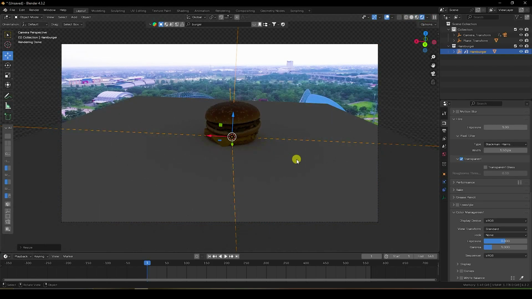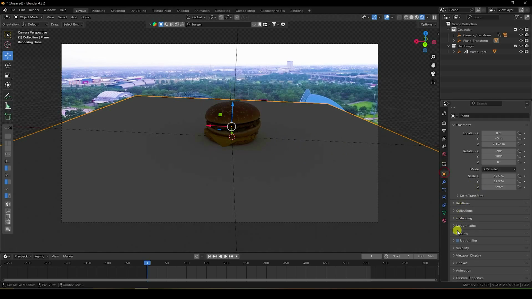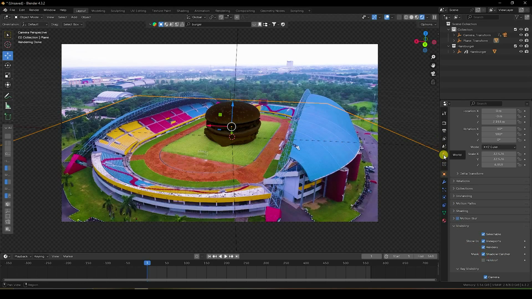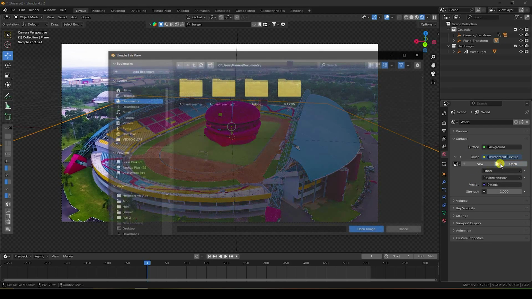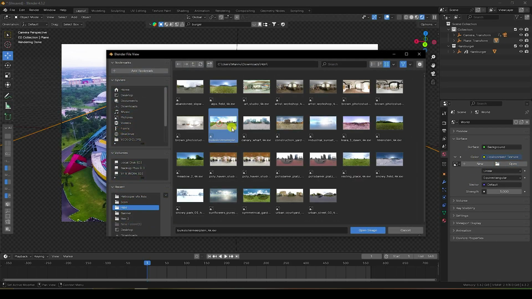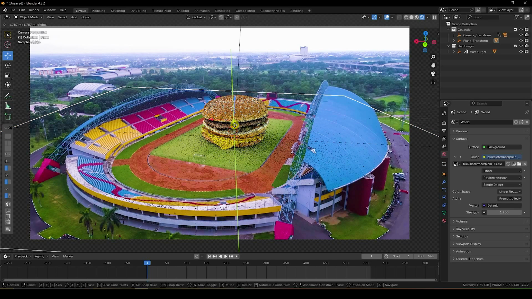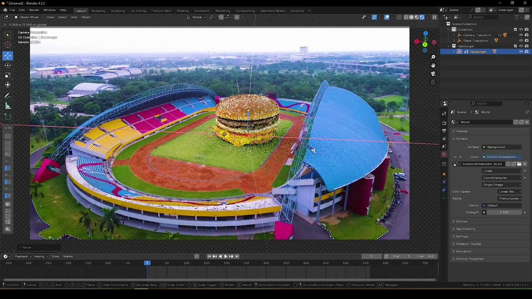Now this time I apply some shadow effects. Select this floor, go to visibility and check shadow catcher. Now go to my world properties, and I apply an HDRI texture. Open, this is the HDRI image, so apply, yeah, perfect, and increase the strength, like 1.2 is good for me, yes, right? Okay, now go back, select this hamburger and go back here, yes.